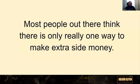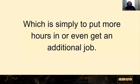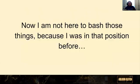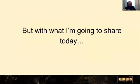Most people out there think there is only really one way to make extra side money, which is simply to put in more hours or even get an additional job. Like being an Uber driver or picking up an office job working late at nights. Now, I'm not here to bash those things because I was in that position before. But with what I'm going to share with you today,